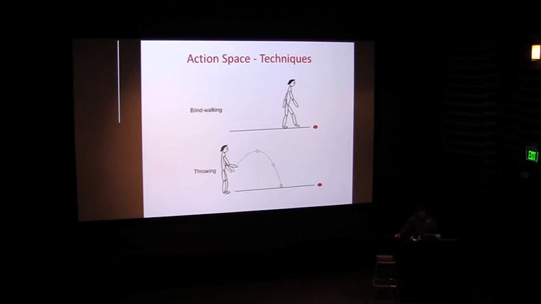With blind walking, a participant views a target on the ground plane at some distance from them. After viewing the target for a few seconds, they close their eyes, and then they walk to where they perceive the target to be. And if feedback was provided in a closed-loop manner, then they can open their eyes when they reach a certain distance to look around and see how well they did relative to the target.